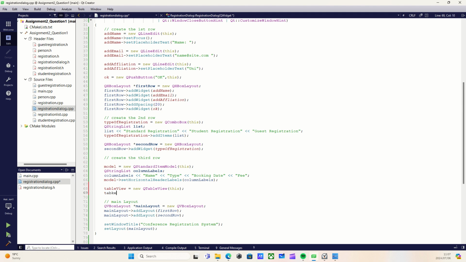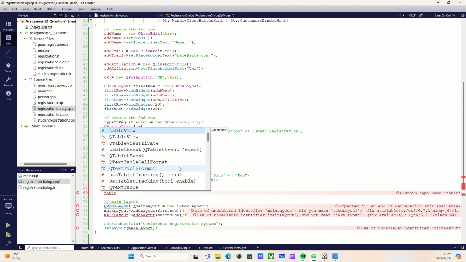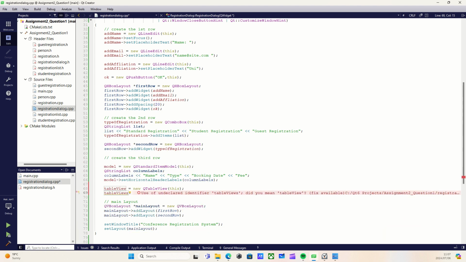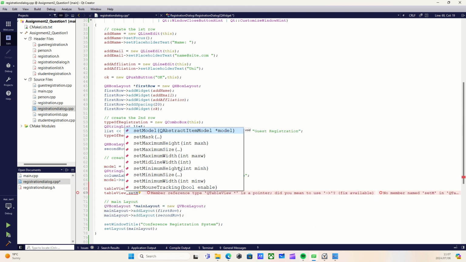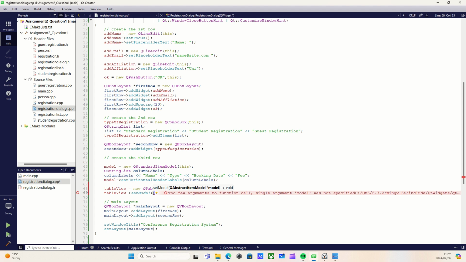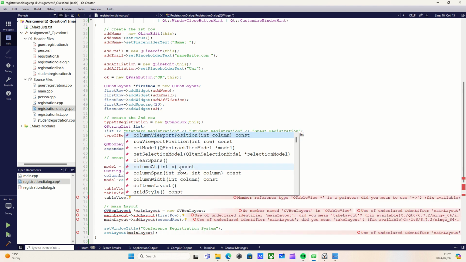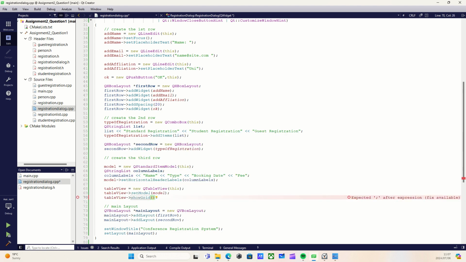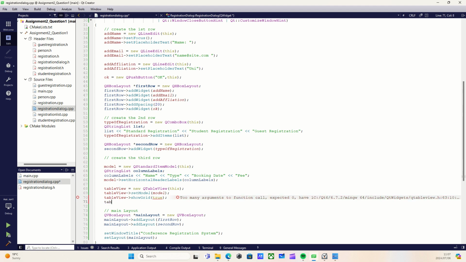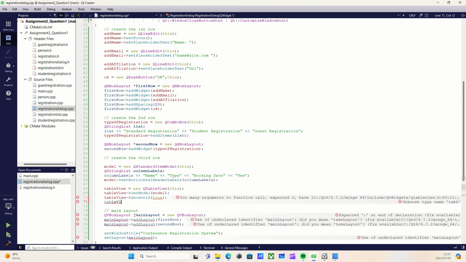And I will do table view dot set model. This will associate my table view with the model, which in my case is just called model. Okay. I'm also going to do table view dot show grid. And what else do I want? I want to be able to sort my table, so I should do table view